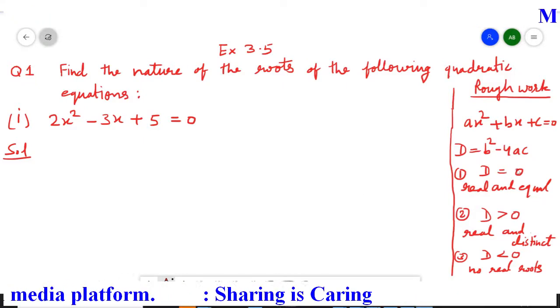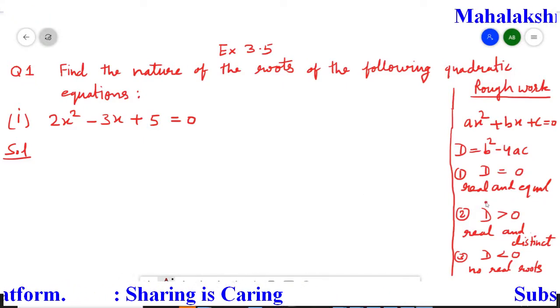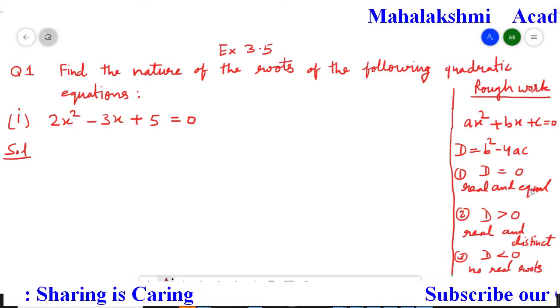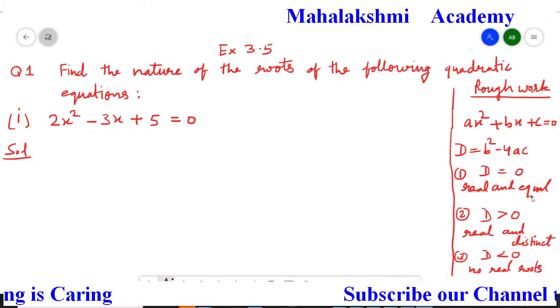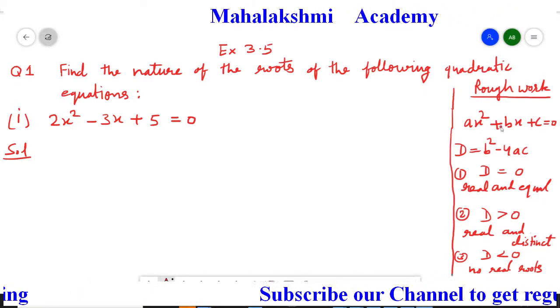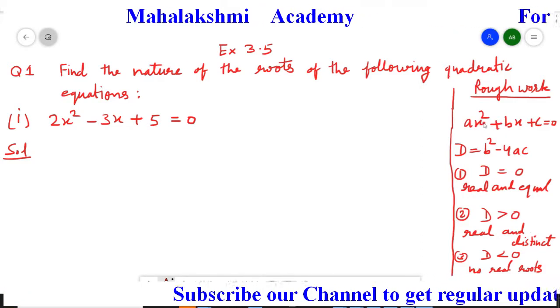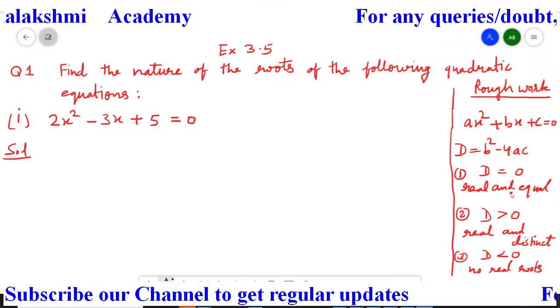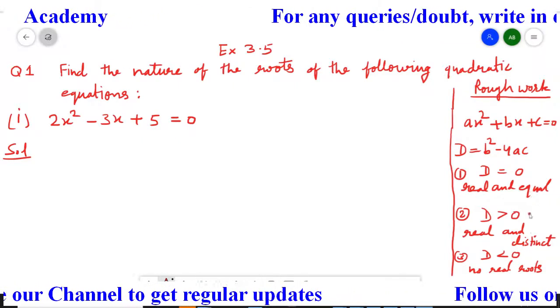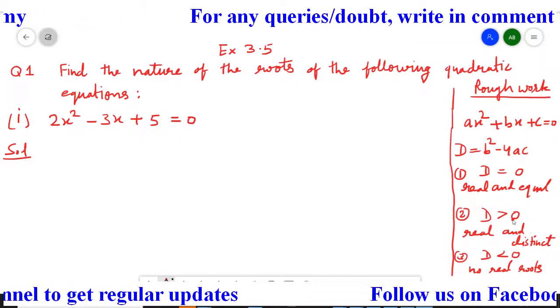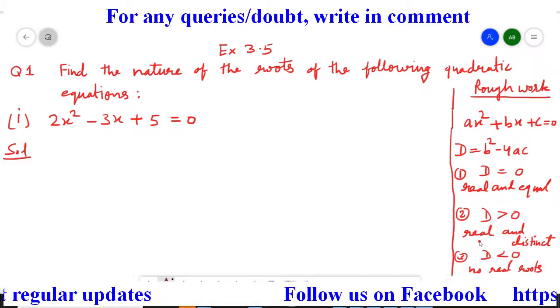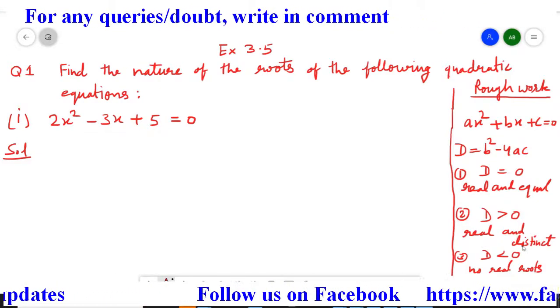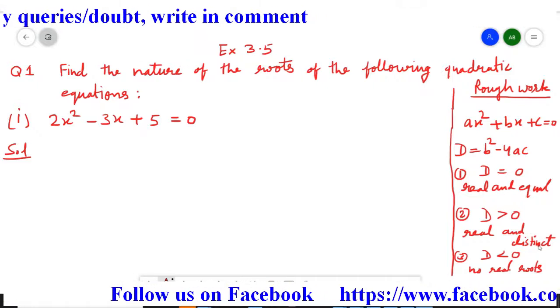If you get discriminant as 0, then in that situation the roots are real and are going to be equal. Means you will get two roots because it's a quadratic equation, so the degree of the quadratic equation is 2. So we are going to get two answers and both are going to be real and equal to each other. And if discriminant is greater than 0, in that situation both are going to be real as well as distinct. Distinct means different from each other.